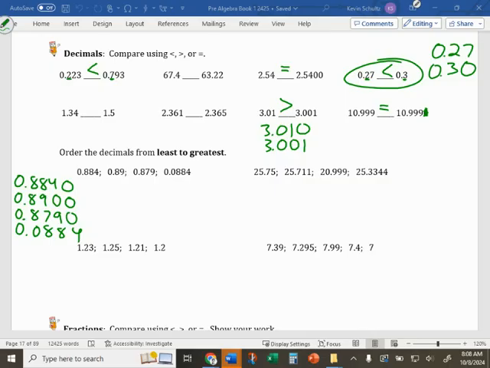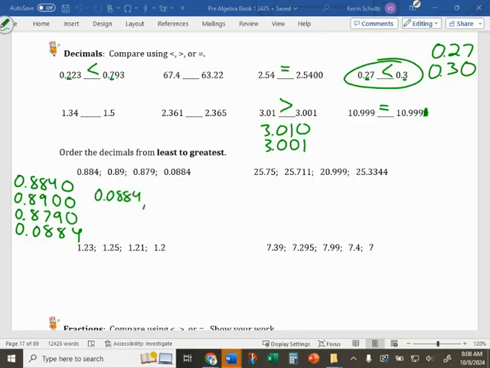Like I said, on your test this went pretty well, but for those that got this section wrong, I think if you would have tried the stacking method, it probably would have worked a little bit better for you. So, what is the smallest decimal here in the 4 that we have? Dominic? 0.0884. Yes,